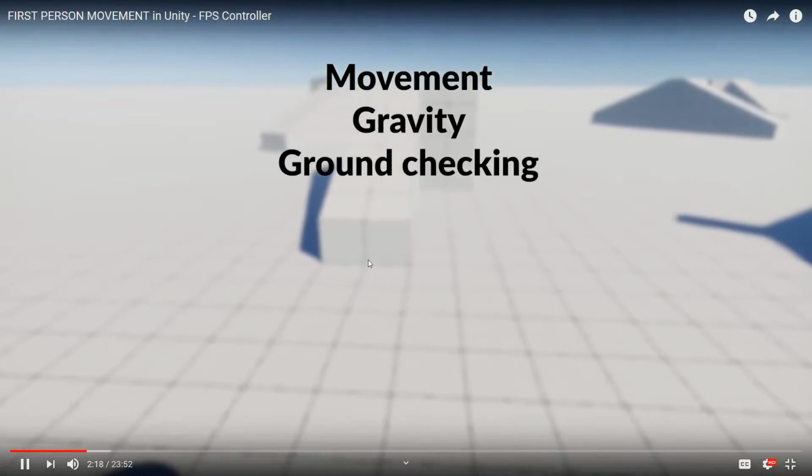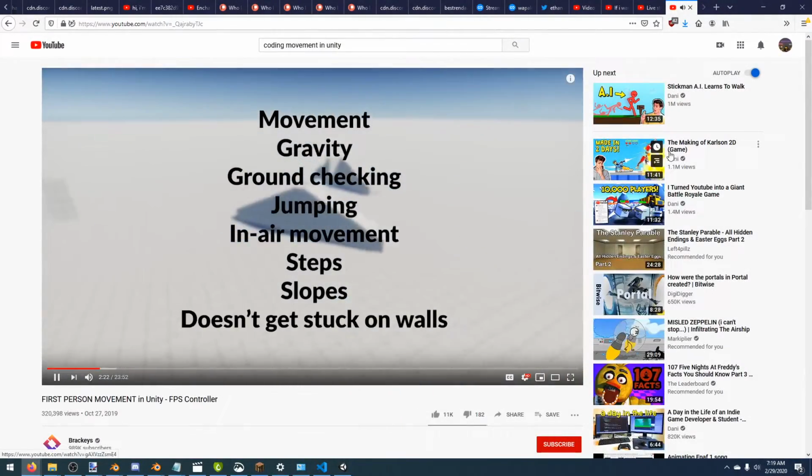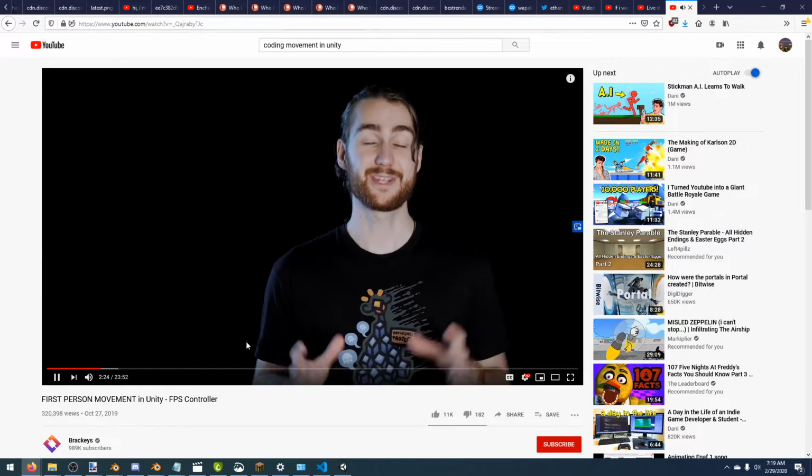Now, over the years, I've tried hundreds of different ways to create character controls. So for the sake of this video, I think we should boil it down to the most simple way of getting some really nice controls that can still handle movement, gravity, ground checking, jumping, in-air movement, steps, slopes, and that doesn't get stuck on walls. And without a doubt, the simplest way to do this